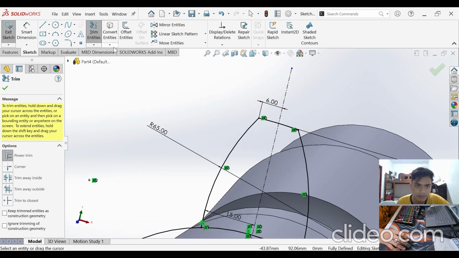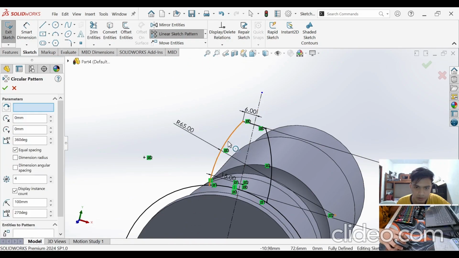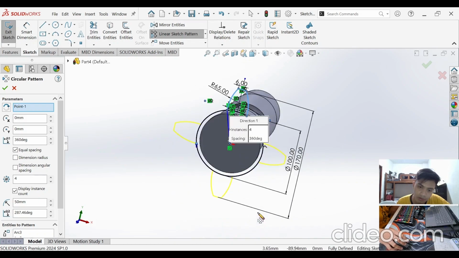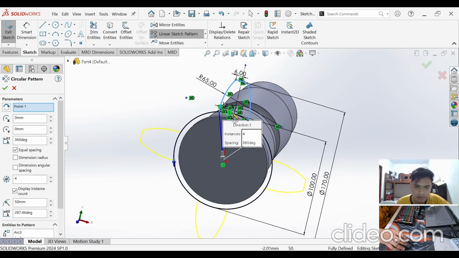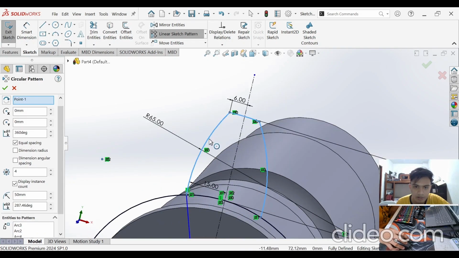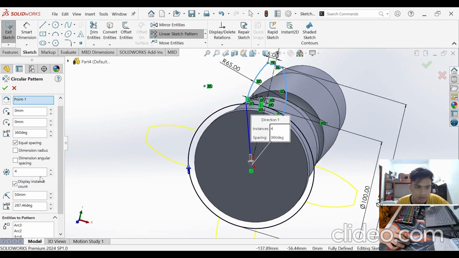After trimming, let's now proceed to circular sketch pattern and select the entities that we would want to pattern all the way around this shape. By selecting these 3 entities, 1, 2, 3, and inputting the total number of teeth that we would like, which is 8,